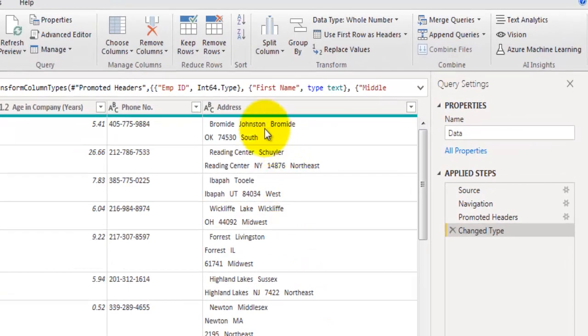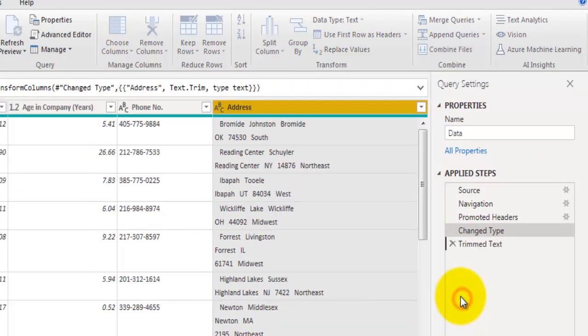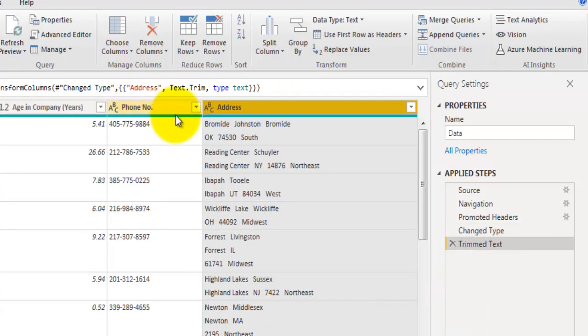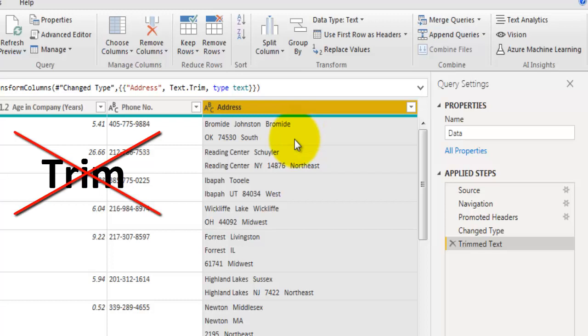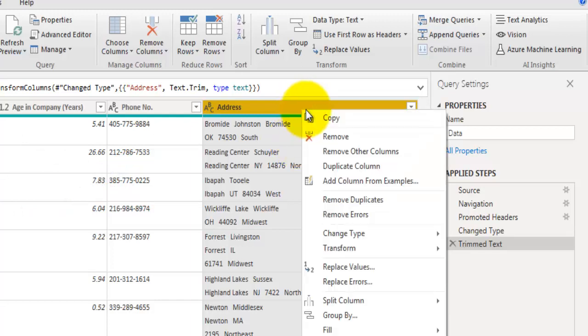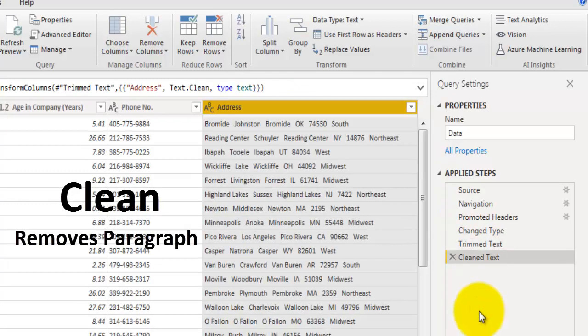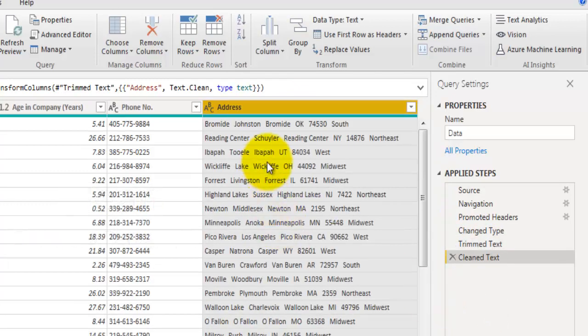So I will right click on this address field, go to transform and click on trim, and I see it removes leading and trailing spaces, but it fails to remove unwanted spaces between two words. So trim function does not help us in this case. Now let's see, there is one more option called clean, and that would help us to remove paragraphs we have in cell value. So I will use clean, and yes, that does remove paragraphs, but it does not remove unwanted